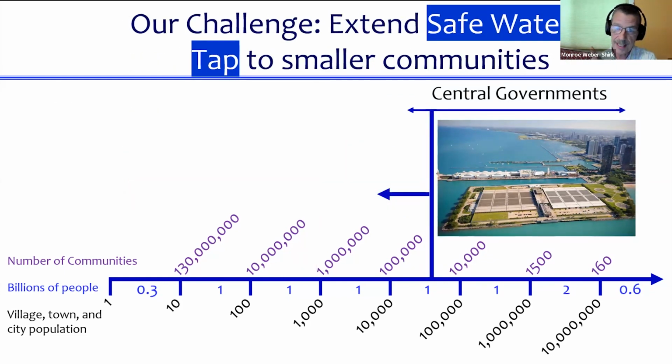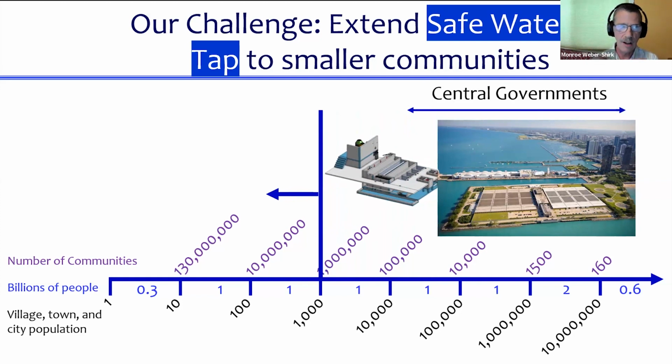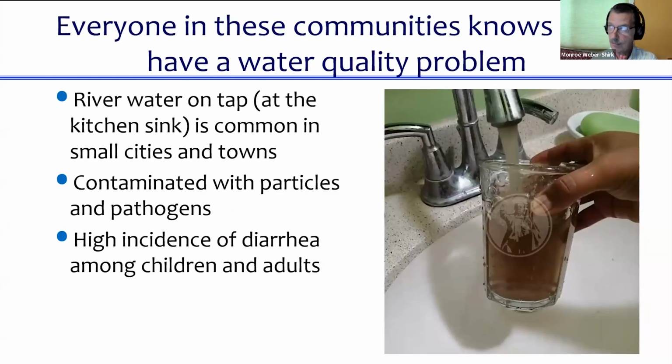So what we're doing is we're taking what the governments have done down to cities of perhaps 50,000, and we're extending the range where there are good designs for water treatment plants so that those smaller communities can have safe water. But with this little bit of humility here, that we've not come anywhere close to solving the next challenges of the several billion people who live in towns and villages that are even smaller. So much work to be done in any case.